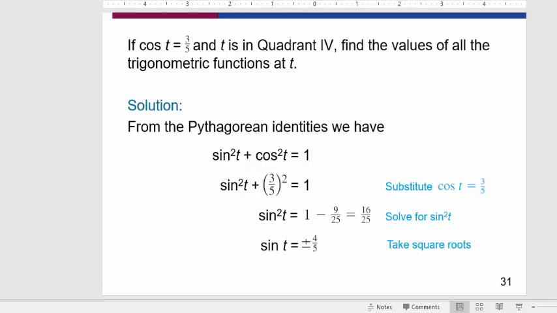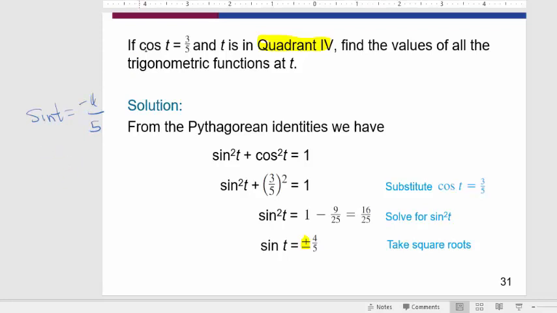But just note again, when we take a square root, we always end up with a positive or negative. So we have to determine whether it's positive or negative based on the quadrant that the angle is in. Okay? And in quadrant 4, the sine was negative. So what's going to end up happening here is the sine of t is going to be negative 4/5. And now that we know the sine and the cosine, we can get all of the other 4